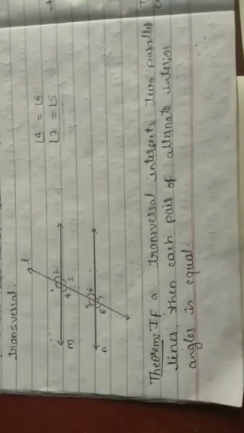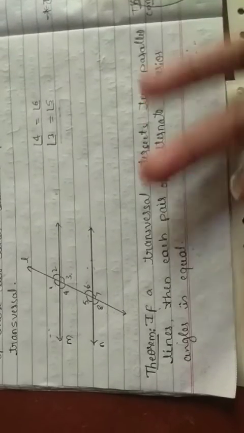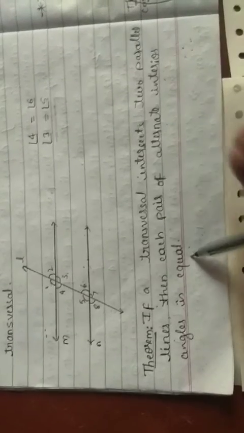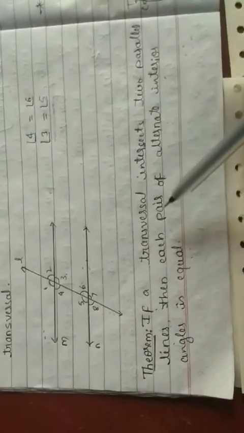Okay. One more theorem is there. Converse of alternate interior angles. Converse means its reverse. They give that alternate interior angles are equal. Means it says that these two lines are parallel. See. Converse of alternate interior angles: if a pair of alternate interior angles formed are equal, the lines will be parallel. See, these lines will be parallel. Okay, understood?